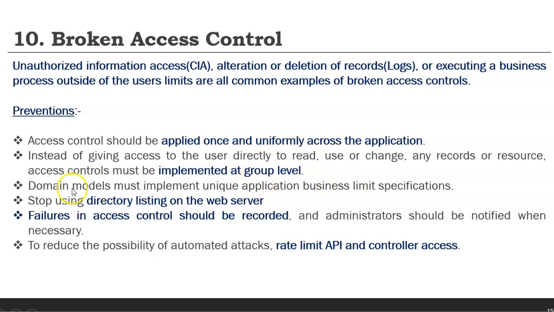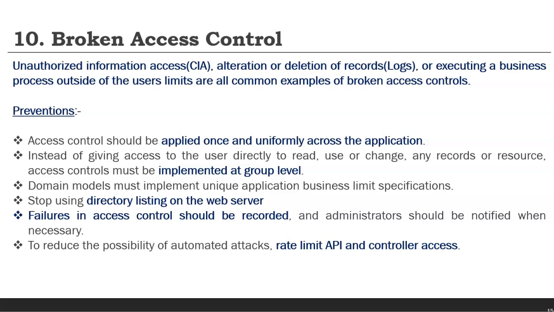And also there should be directory listing disablement on the web server, so the user will not be able to see your directory structures. There should be proper recording of the failures in the access control, and there should be notification and alert mechanisms in case some access control is violated. And there should be rate limiting and control mechanisms defined on the APIs and other endpoints to control broken access control. So this way we have covered the top 10 vulnerabilities,